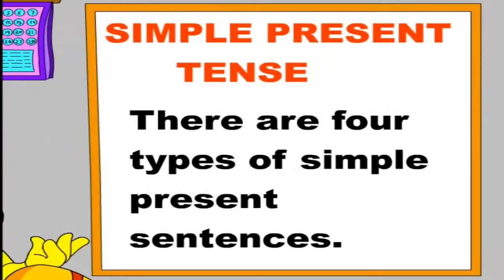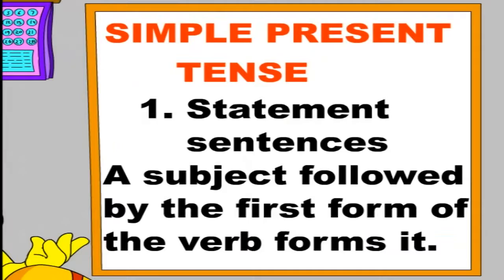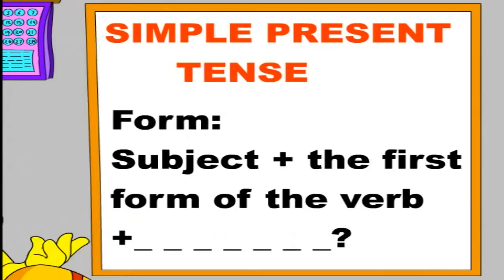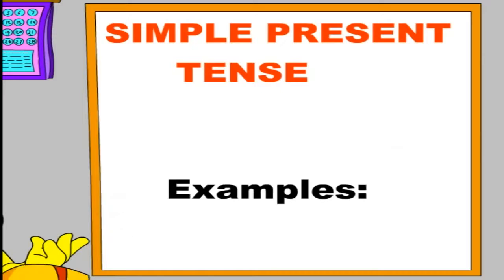There are 4 types of simple present sentences. 1. Statement sentences. A subject followed by the first form of the verb forms it. Form: subject plus the first form of the verb plus the object. Examples: